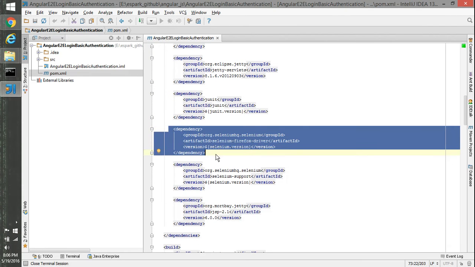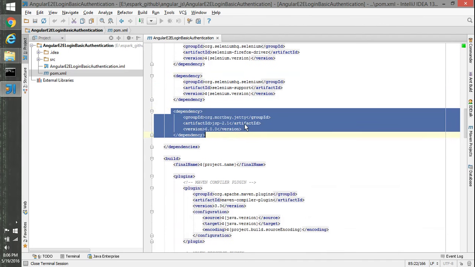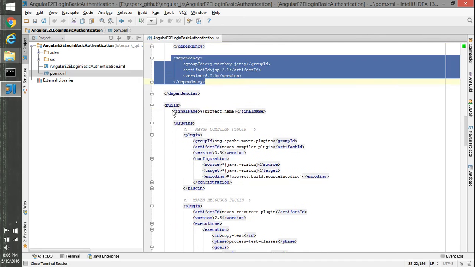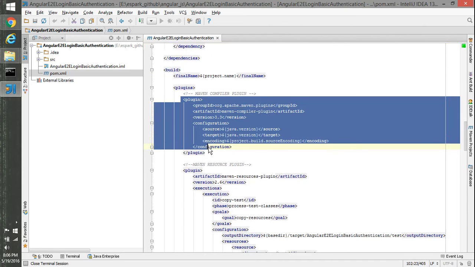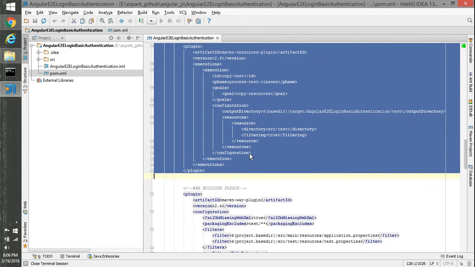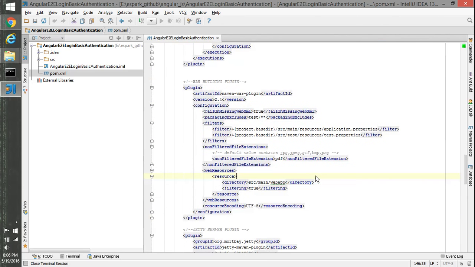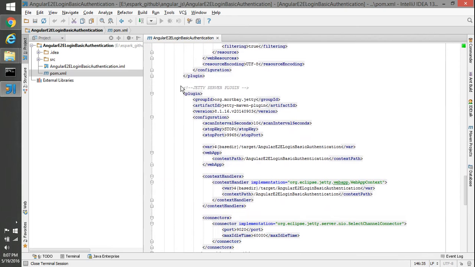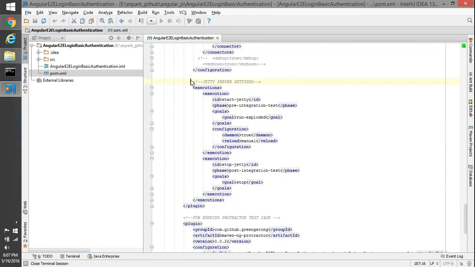Selenium Firefox driver we are using, Selenium support we are using, and then Mortbay Jetty JSP support we are using here. Then inside the build tag we have a war file name here, and then inside the plugins we have a standard Maven compiler plugin, standard Maven resources plugin, and then we have a war building plugin here which is going to build up the war, and this is the Jetty server plugin here basically. And then Jetty server settings I have kept explicitly here,